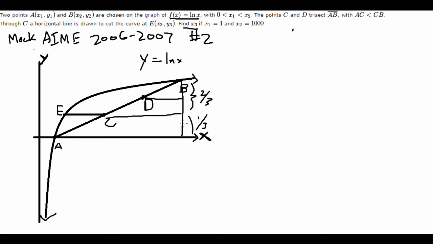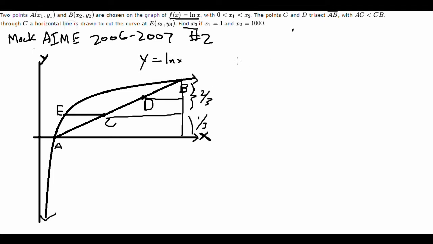And because this is 1/3, this height right here is just the y coordinate of C, because it's how high C is above the x-axis. So if we can find the y coordinate of B, which is the height of this large triangle, and we know that the height of this little line right here, the y coordinate of C, is 1/3 the y coordinate of B, then we can just find the y coordinate of C if we find the y coordinate of B. So, okay, to make this clear,